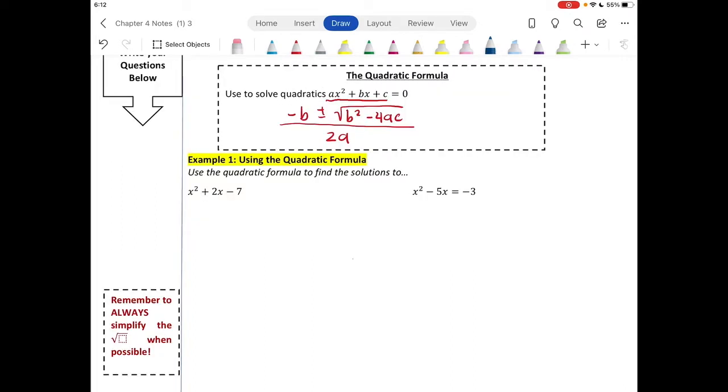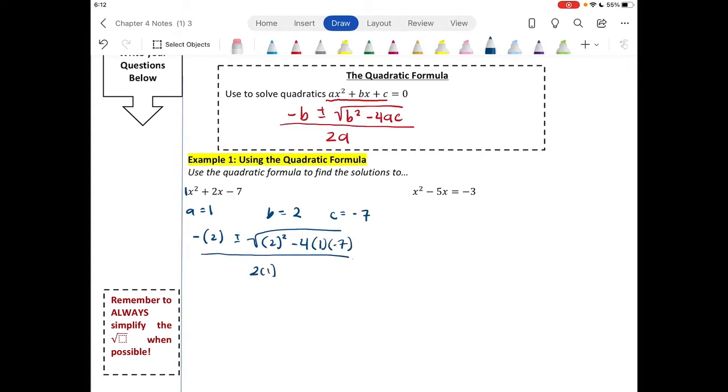The first quadratic is already in standard form, so now we can identify our a value, b value, and c value. Remember, a is really a positive 1, b is 2, and c is negative 7. Always remember to attach the sign with the number. Now we can plug them into the formula, which says it's negative b, so we're going to plug in 2, plus or minus the square root of b, which is 2 squared, minus 4 times a times c all over